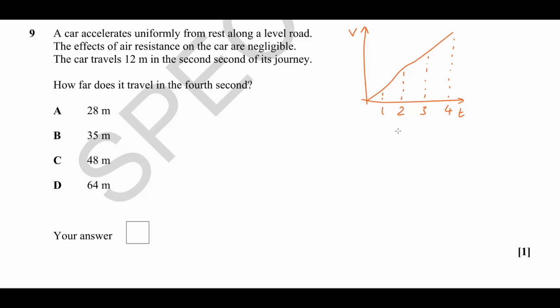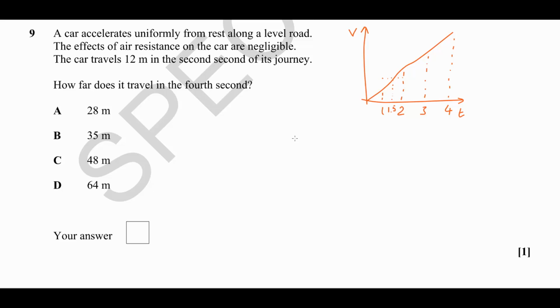Now there are a few ways you could approach this related to the areas under the graphs here, which are representing the distance traveled, the displacement of the car. But the way I'll approach it is by considering the midpoints of each of these seconds, because if you draw a line across here, the actual instantaneous speed at 1.5 seconds is going to be equal to the average speed over that second. So we can say